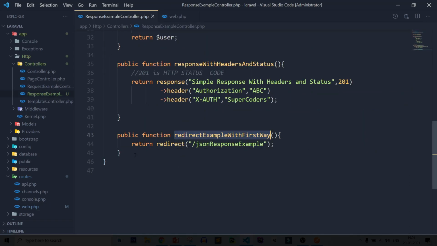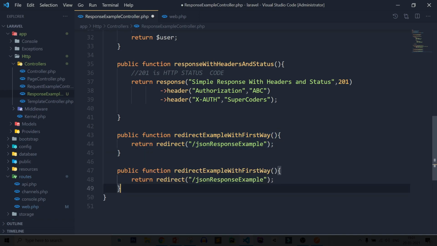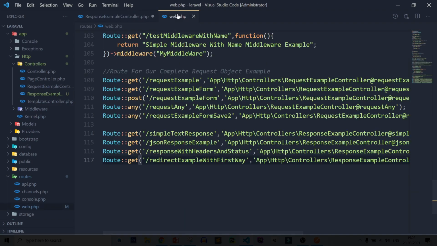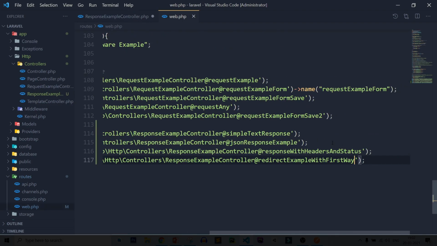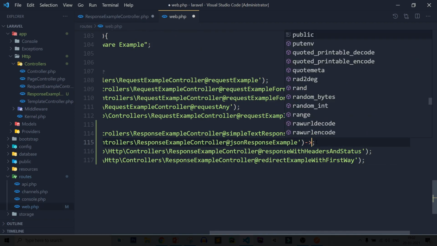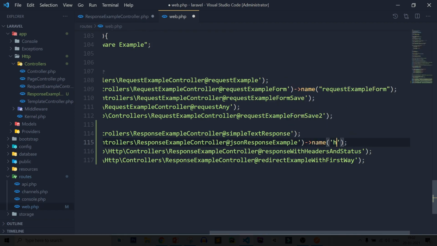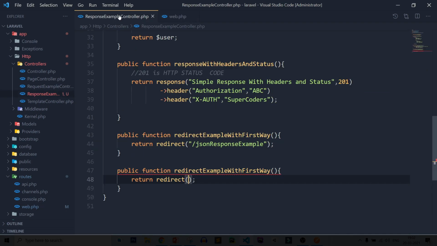Now let's see the second way example. Copy this method. In the second way you need to pass your route name. For this you need to add a route name. So here I'm adding the route name JSON route example. Copy this route name, save it, back to controller.